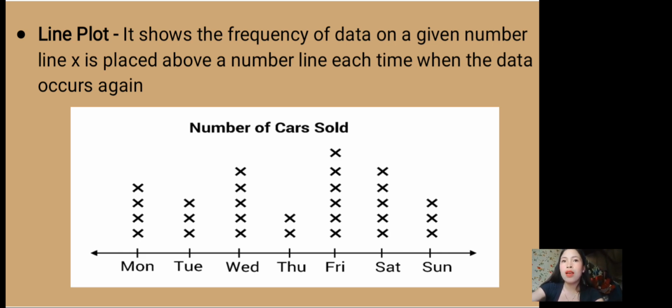So as you can see here, in the daily sales of cars, you can see how many cars you sold each day. So, using this line plot, you can organize or you can easily identify how many cars were sold every day. So the next is